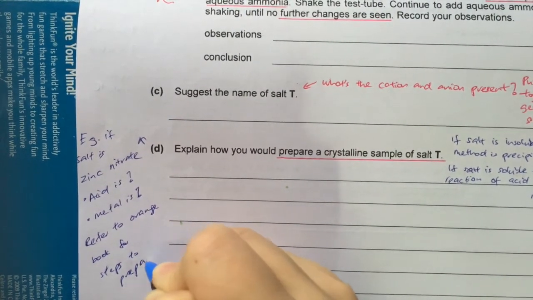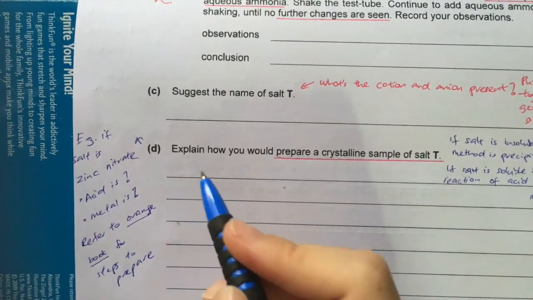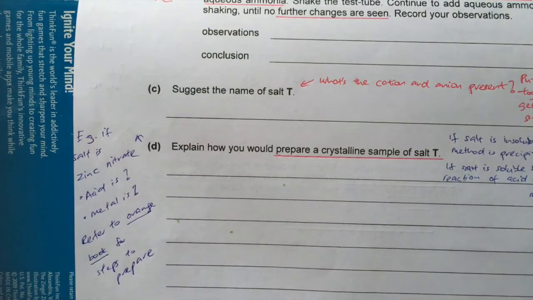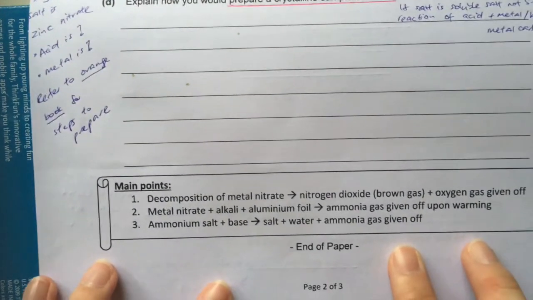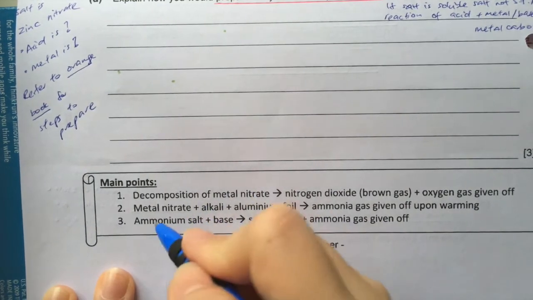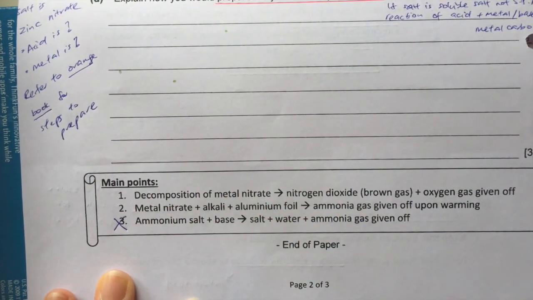Please refer to your reference book. For 2016, the reference book is in orange in color. And then you need to explain the steps. Okay, for the last part under main points, for 2016, please cancel out number 3 because